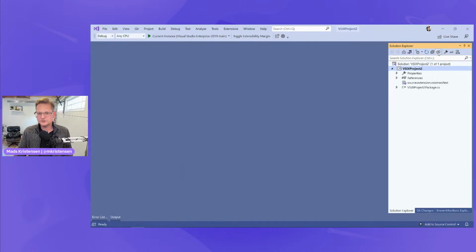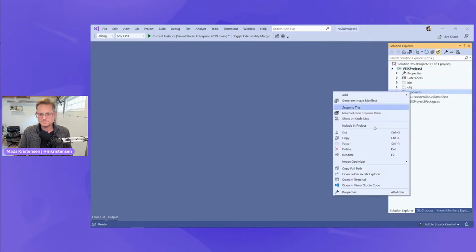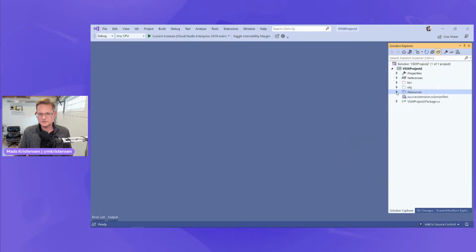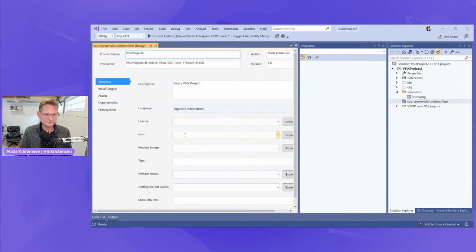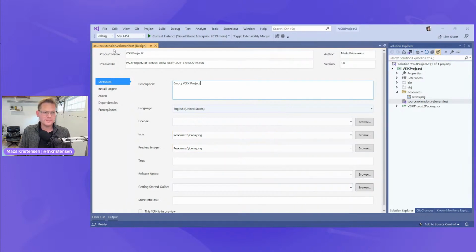Okay, so I want to show you this. The first thing you want to do is, of course, include our thing in the project. We want to make sure that this icon right here, I accidentally hit the wrong button. Content, including V6 true. And we want to add it to our V6 manifest. There's a reason why I want to show you this. I'm not just trying to make a complete extension for us to make it 64-bit compliant.